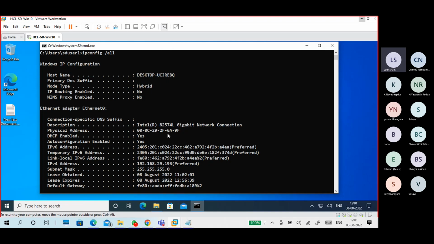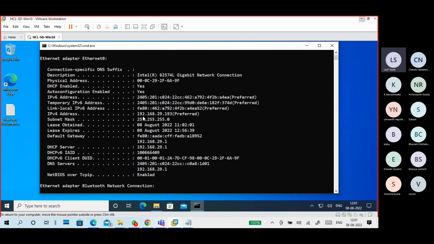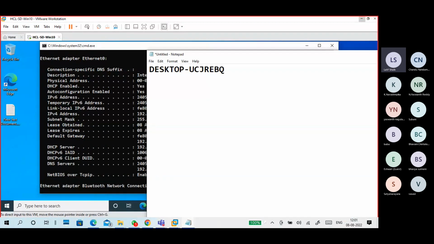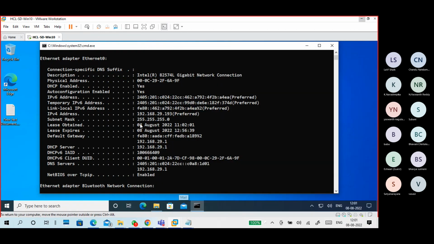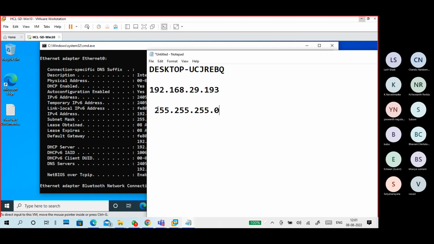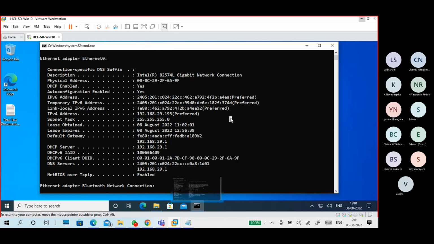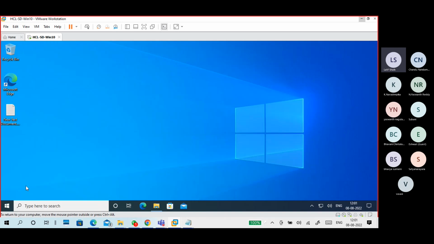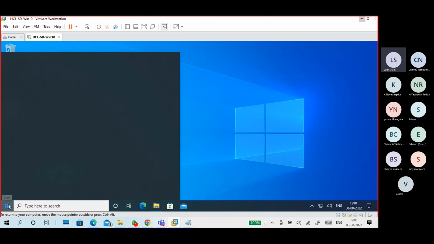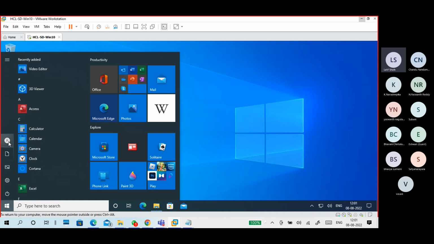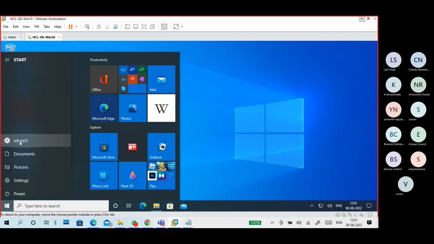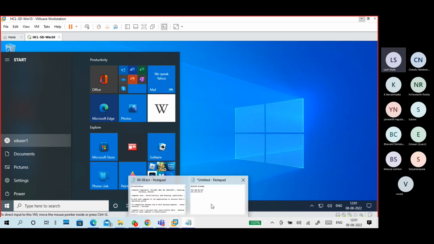Next, we don't require MAC addresses here. If you want, you can take it, no problem. Subnet mask. Name. So you want to know what is the username. So if you click here, easily you will find it. Just click on this one. So SD user1, username is